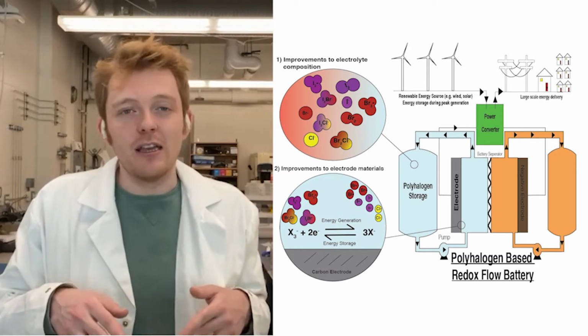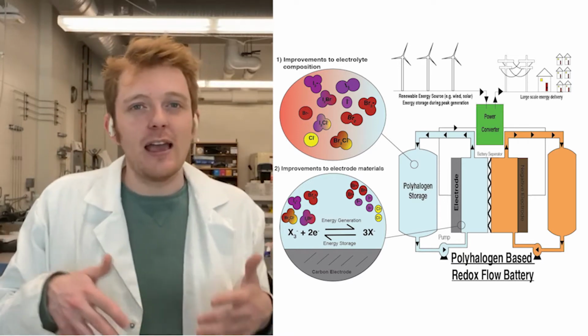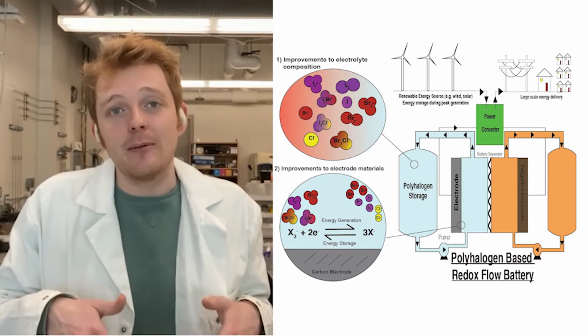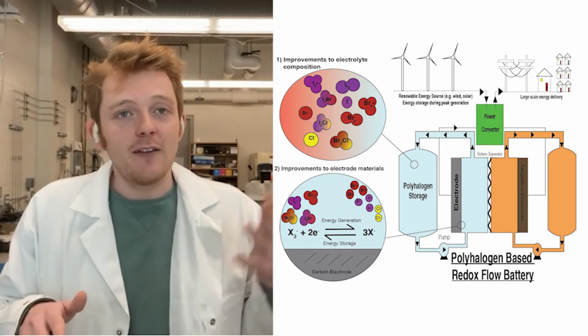In a flow battery, a fluid electrolyte is pumped to a solid electrode. Chemical reactions between the electrolyte and electrode are how the flow battery stores and generates energy depending on what's needed at the time. We can couple renewable energy supply with flow battery energy storage, like I've shown in the picture here,